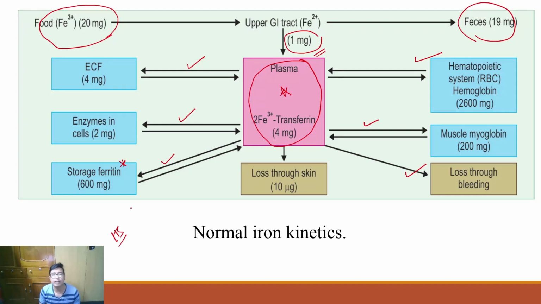So this is the normal iron kinetics, you can take a snapshot of it. This normal iron kinetics does not come that much in theory questions, but it will be asked loosely in viva. Tell me, where are the sources of iron? From where is iron recirculated? Then you should be able to tell, sir, hemoglobin, myoglobin, plasma, ECF and storage form. Alright, but what is most important?